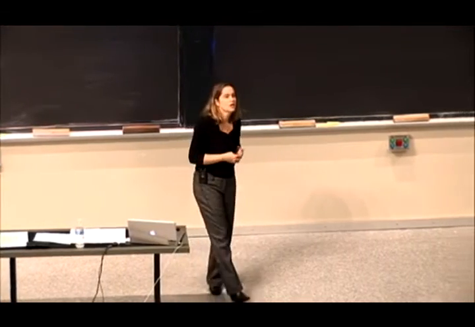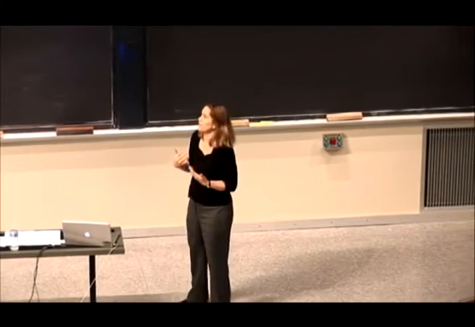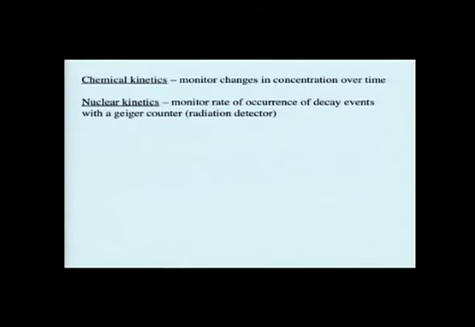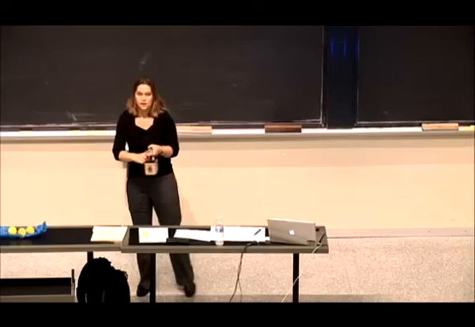So with chemical kinetics, we're usually talking about the change in concentration of things over time. But with nuclear kinetics, we're talking about the number of decay events, the number of nuclei that have decayed. And so here, with nuclear kinetics, we measure these events using a Geiger